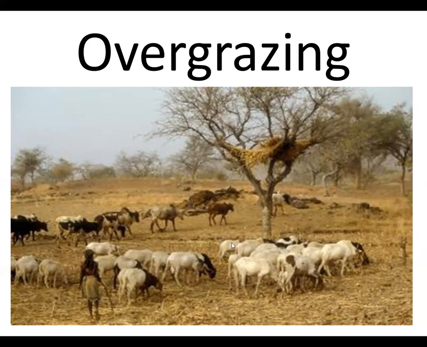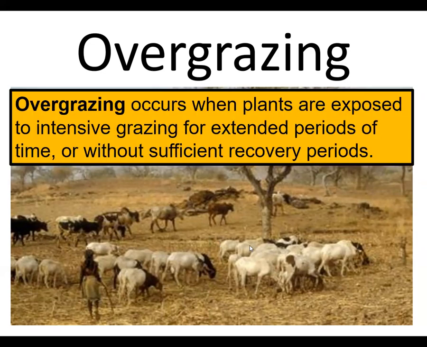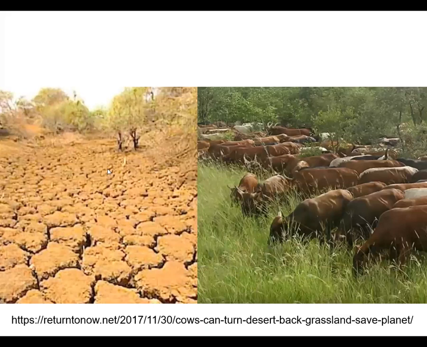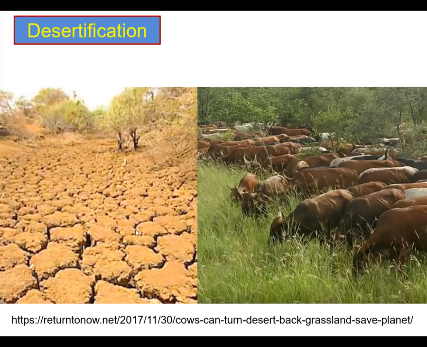This results in something that we call desertification. When overgrazing is done in a certain area, the result is called desertification. Now, this is an example of desertification right here. This place used to be like this, but then it was utilized as a grazing land wherein the cattle were